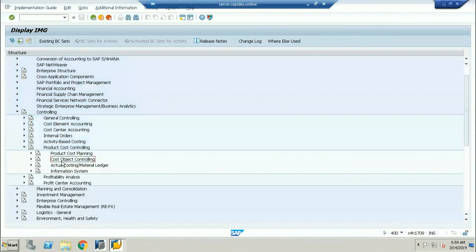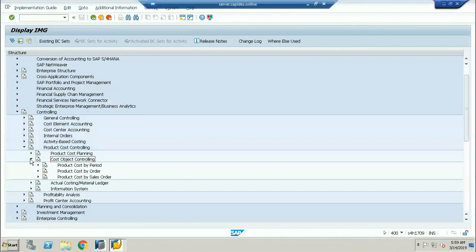So if I go into the cost object controlling, in this cost object controlling you are going to be calculating the actual cost of the product. The product cost planning is completely planning that you are maintaining, but the actual cost will be coming out from the cost object planning. And if I go into the period or something like order, whatever it may be,